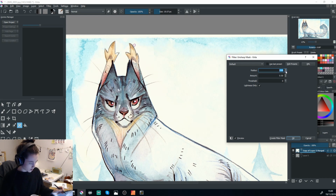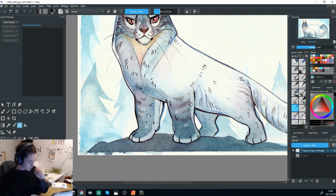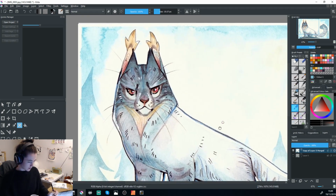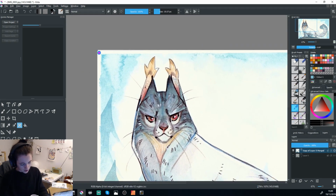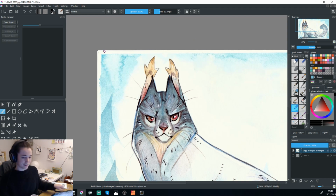But you can use unsharpen usually. Just want a little bit, especially if you're gonna print it smaller. This just helps. Okay, there we go. And then, yeah, I know that this is actually technically not white, this here. Oh, something's happened with my settings, but